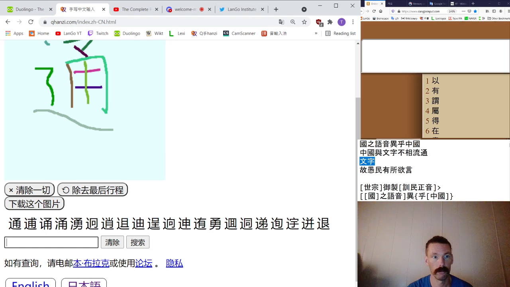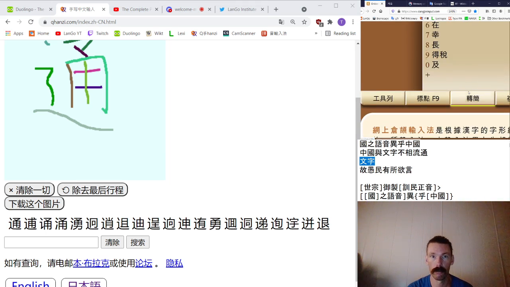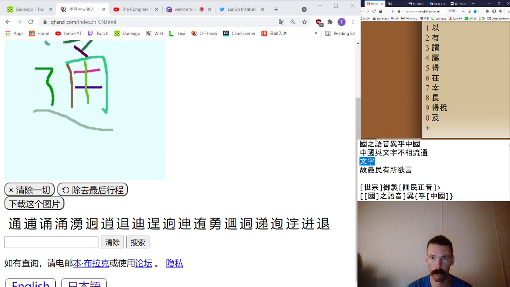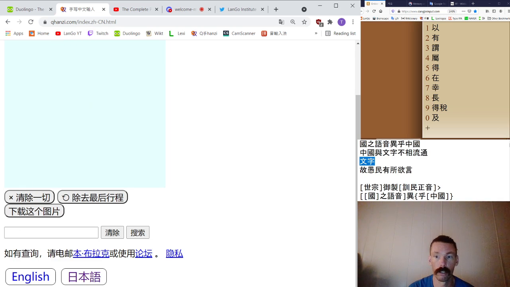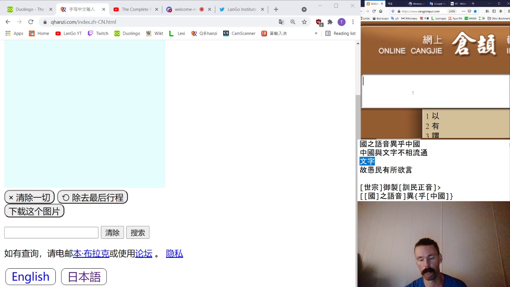Yeah, it's basically a simplifying machine, and it'll revert, but not if you enter the simplified. And that makes sense because often there's a many-to-one correspondence, so it's not going to know which traditional shape underlies it. Here's the simplified. Yeah, so how would we input it in CJ? It's pretty simple. Well, maybe not. I'm used to it, but it is a little tricky to break down. It's VF for the left, of course. Then one stroke, H. Then it's the yo shape of water, E. And the two dots are Y.